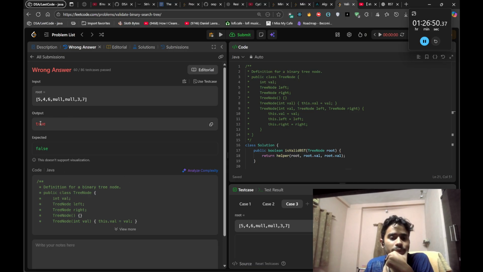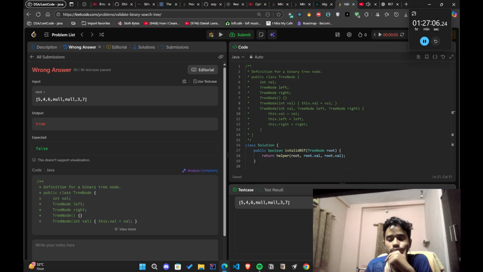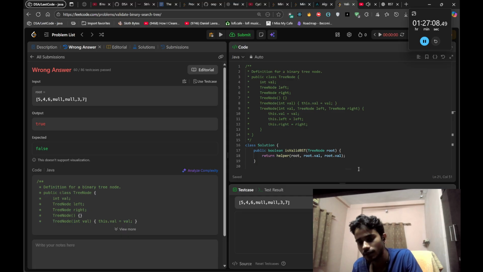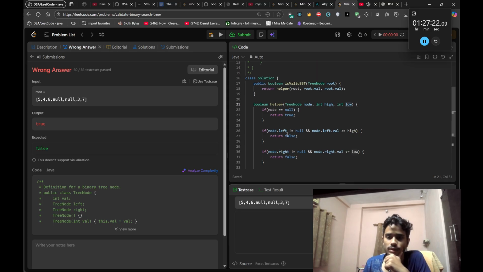Output is coming out to be true, while it was expected to be false. Why so? Because 3 is right here. Alright, let's try a dry run for it. Shall we? I'm saying that I have a helper. I pass root and its value in it. Cool. Now I say that it's not null. No, it's not null. Its node dot left